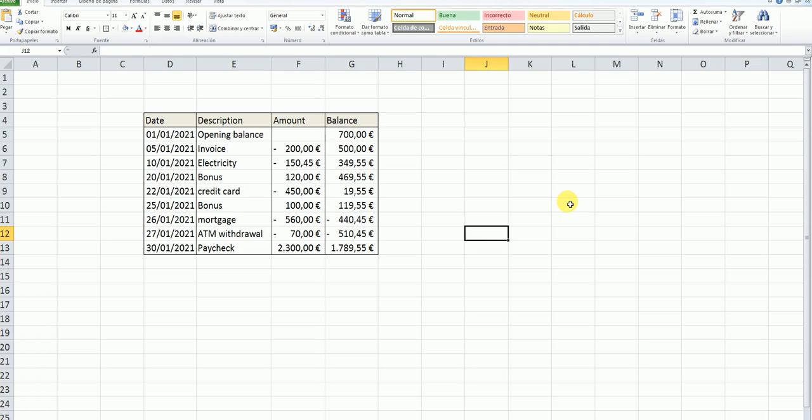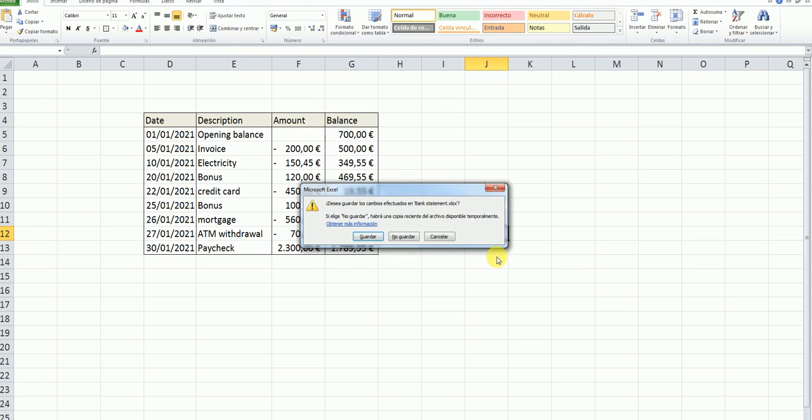Now this same bank statement, you have to replicate it with your spreadsheet and send it to me. Okay, how do you send this to me? This is what you do. Now you close the spreadsheet. Okay, close. It's going to ask if you want to save the spreadsheet, you say save, guardar, and now